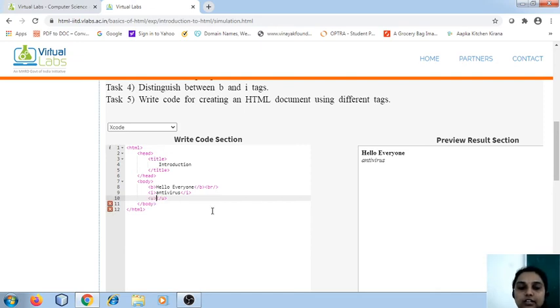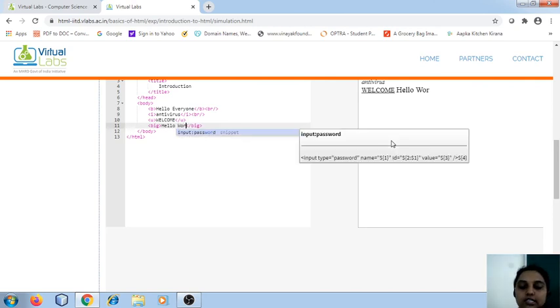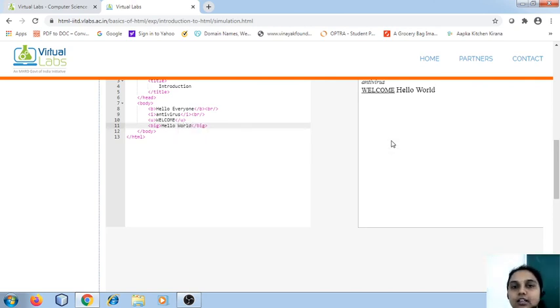Now let's try the underline tag which says welcome. So did you observe? As we type the code, you can find the result changing in the preview result section. We have another two tags, that is big and small. What these tags are going to do is make our text one size larger. Like if it is large, it is going to be extra large. Did you observe? Compare the font of welcome with the font of hello world. It is one text size larger.